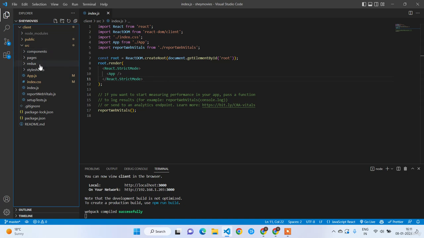Everything is looking good. Components, pages, style sheets, Redux. If you want to have any images, you can create a new folder called assets. That's up to you. Right now we are good. Now let's go and create some sample pages in the pages folder. First one is